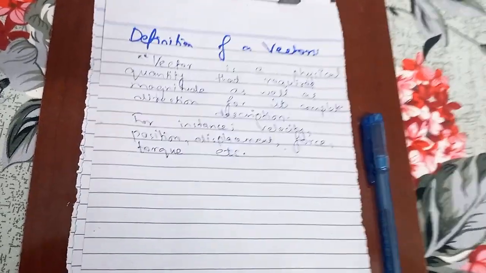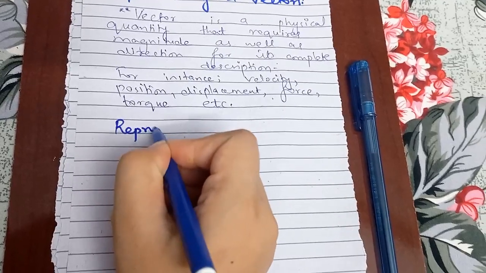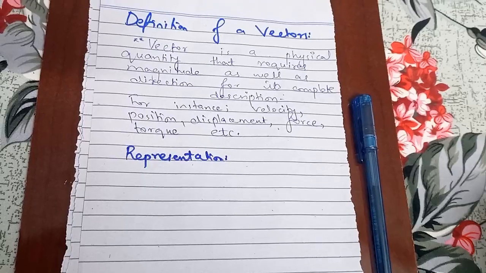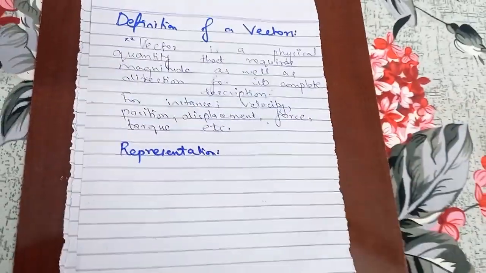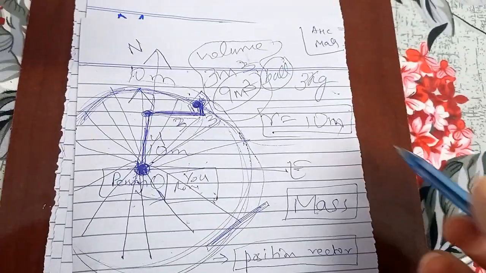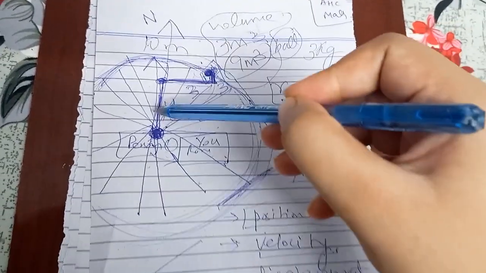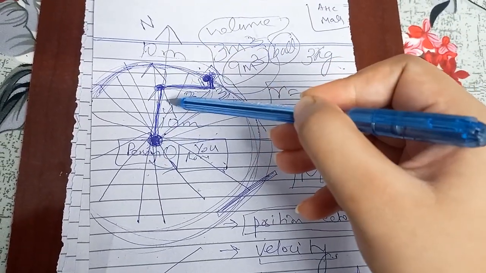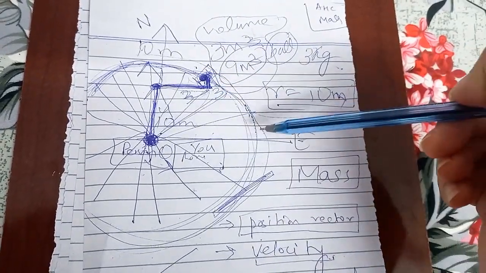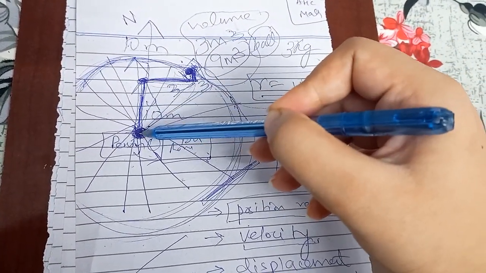Now let's see how we represent vectors in graphical form. So representation, keep that in mind, vectors are always straight. Vectors are always represented by straight lines. If we refer to this figure, we have three vectors here. This is one vector since it's a straight line, this is another vector, a straight line, and this is the third vector. So this whole motion is done through three vectors,